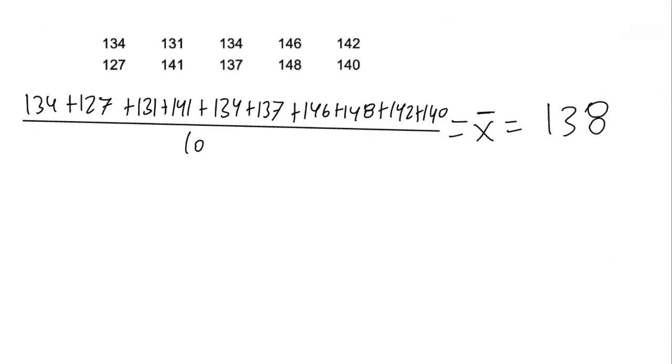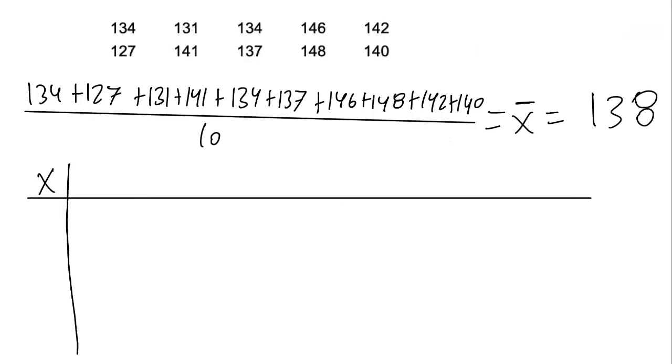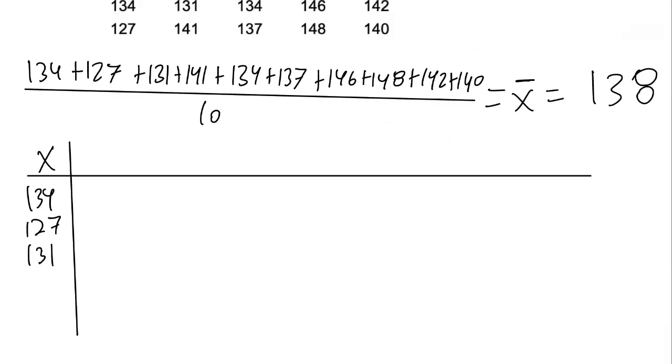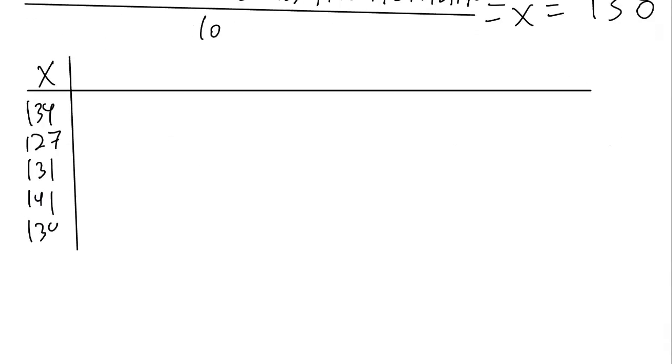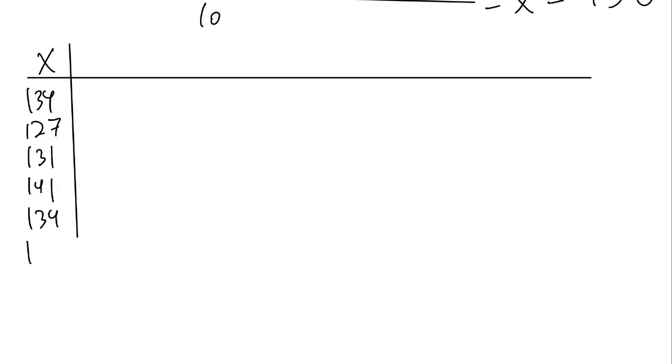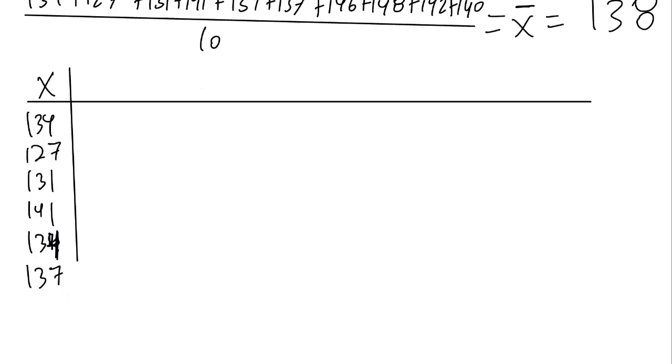All right, the next part is, remember, we're gonna take the mean and subtract it from each of the values that we have to find the variance, to find the standard deviation. So 134, 127, 131, 141, 134, 137, 146, 148,